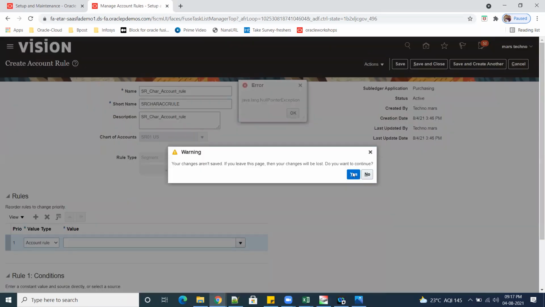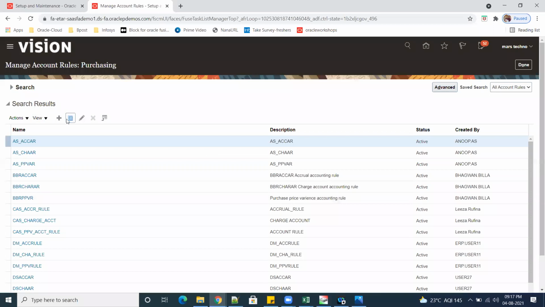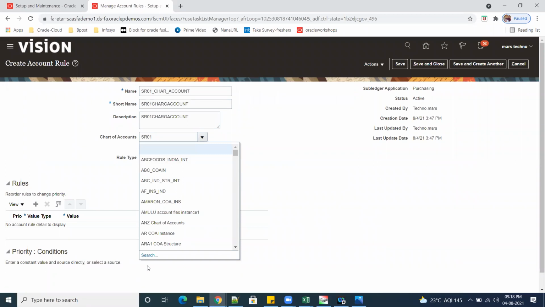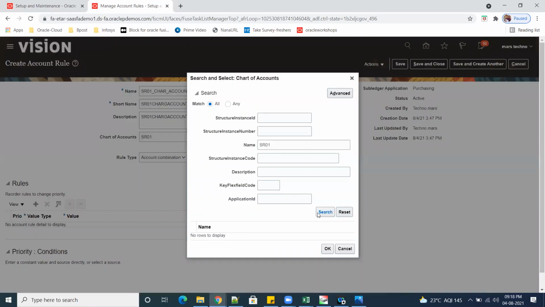Come out and reopen one more time. Click on plus. SR01 chart account. SR01 charge account. So this is SR01. Drop down sometimes won't work.